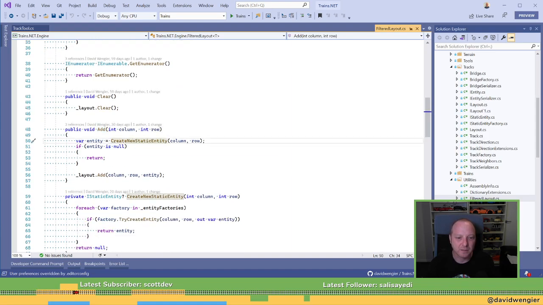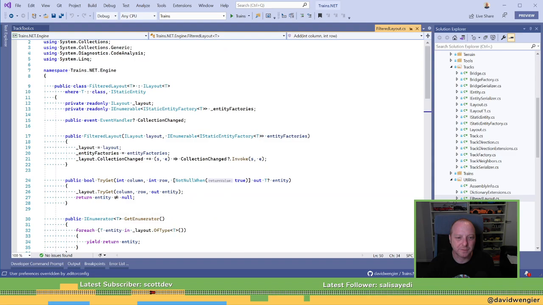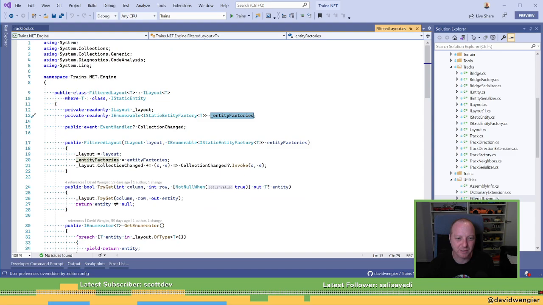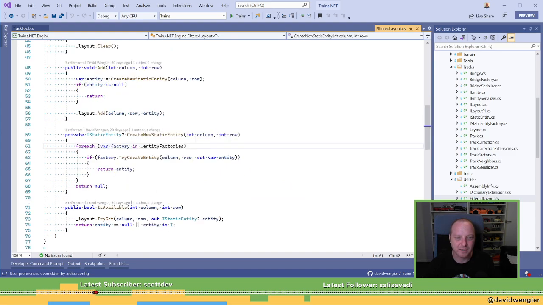So this filtered layout. That's weird that it's in the filtered layout, isn't it? If they're entity factories? Are they entity factories or track factories? No, they are static entity factories. Oh, yeah. Okay, that makes sense.